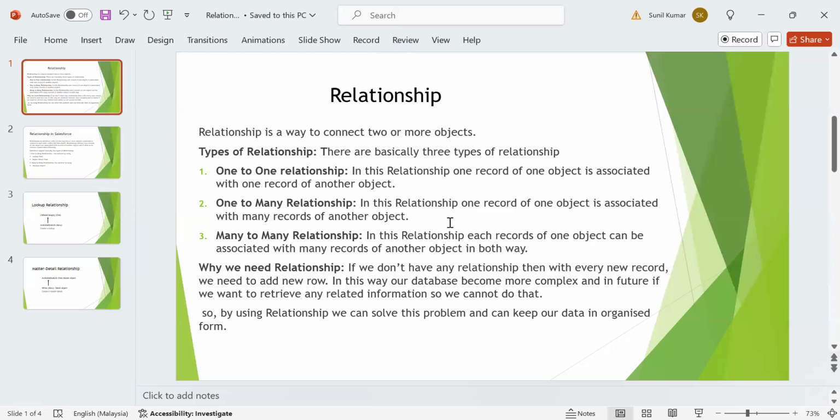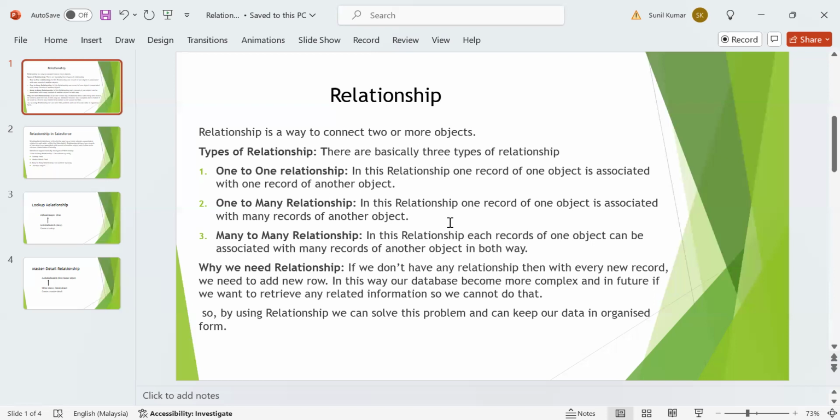For example, suppose we are organizing an event, so multiple persons can be registered for one event, and multiple events can be attended by one person, right? In this way, in a many-to-many relationship, we can connect records from both sides.